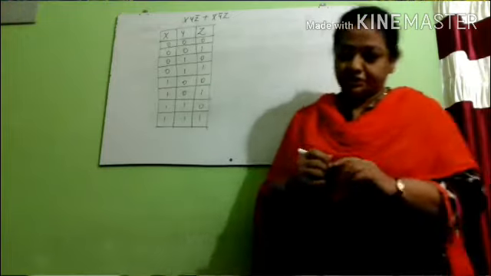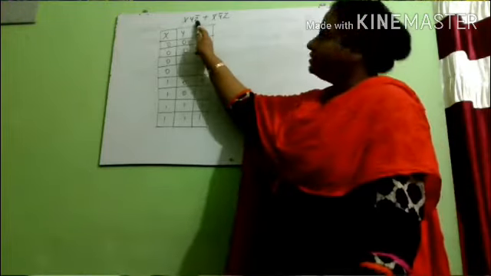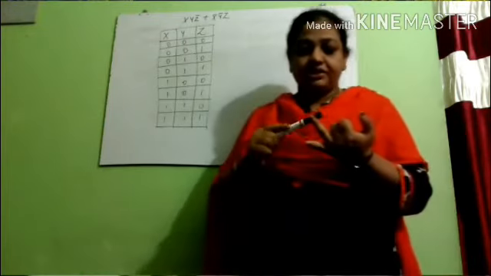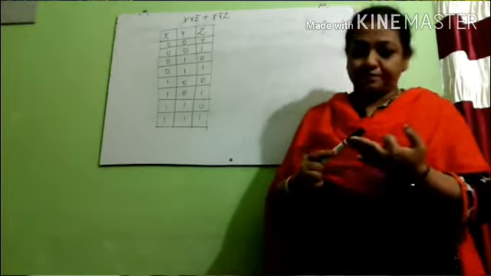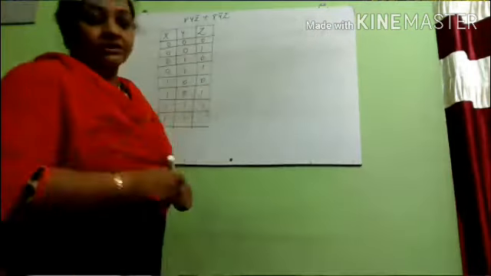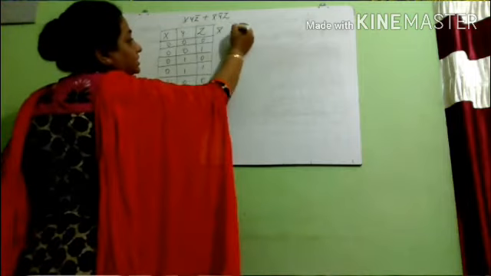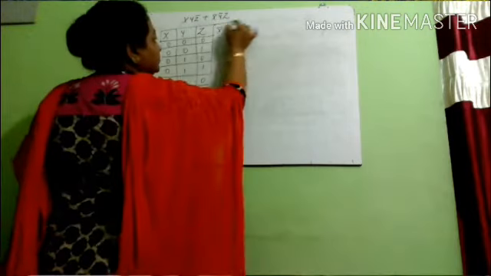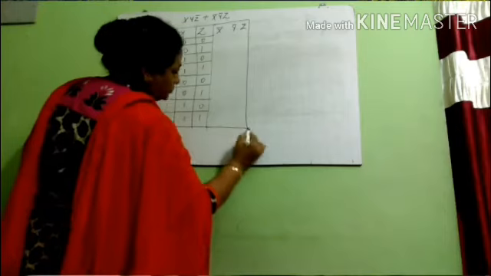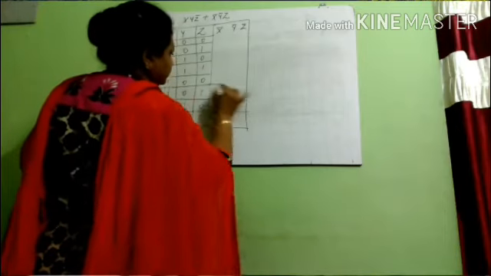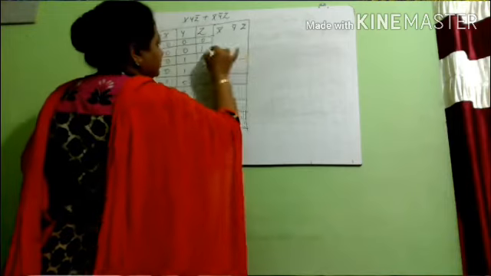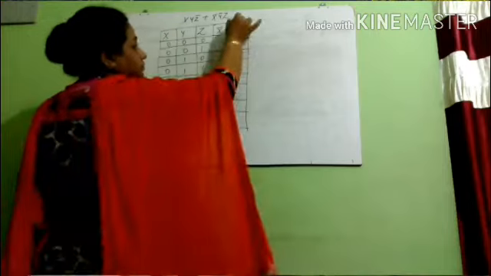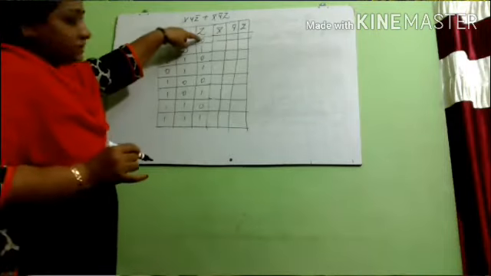Let us check if there are any complements in the input. So with three variables, we have x, y, z. Then the next step is to find whether there are any complements in the expression. So you can see here there is z bar, x bar and y bar. That means x complement, y complement and z complement are required. So let us represent all three complements in the next columns, x bar, y bar and z bar.